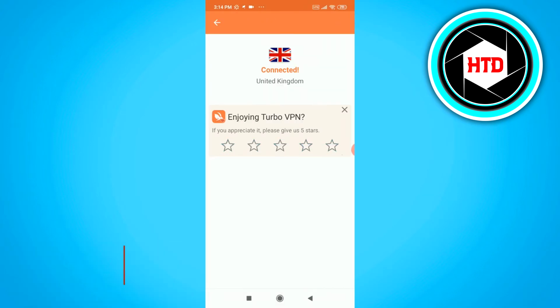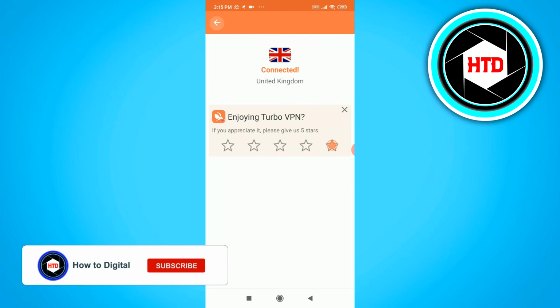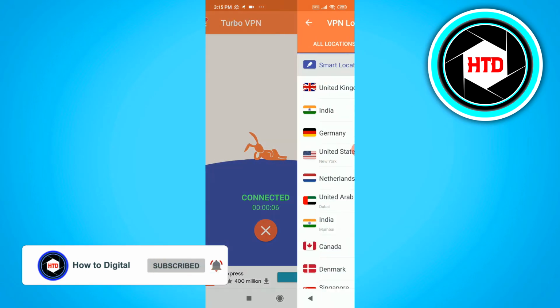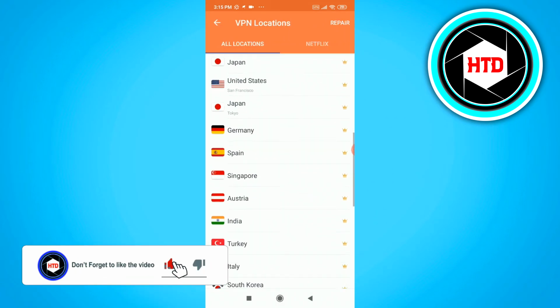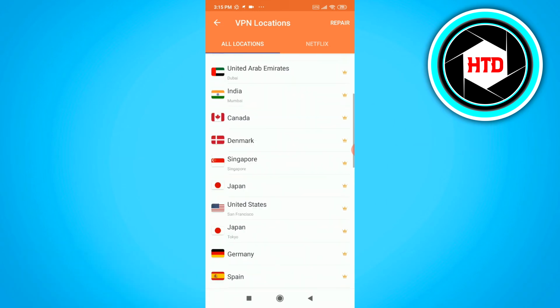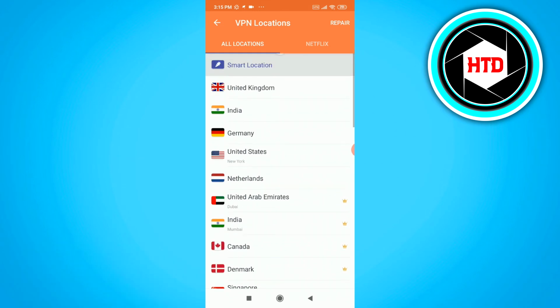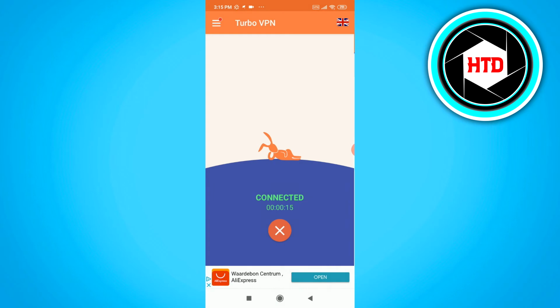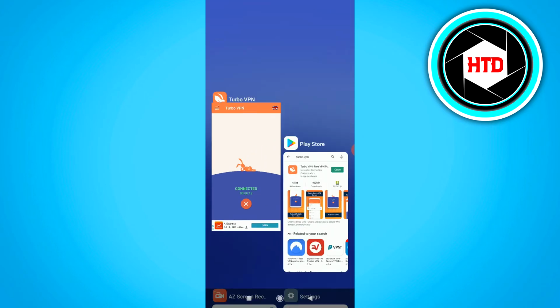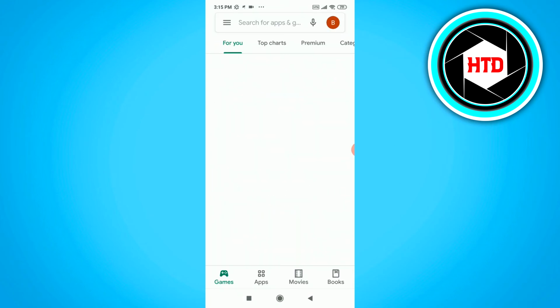I'm currently connected to the United Kingdom, but we can also change this. If we click on the country, we can basically just change it to whatever we want. I'm currently in the United Kingdom, and if we go back to the Play Store,